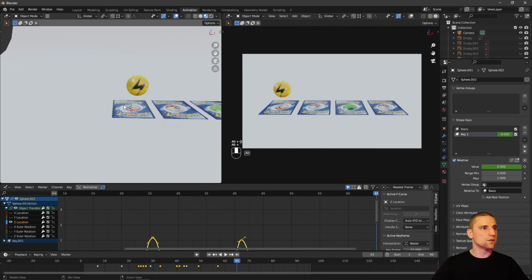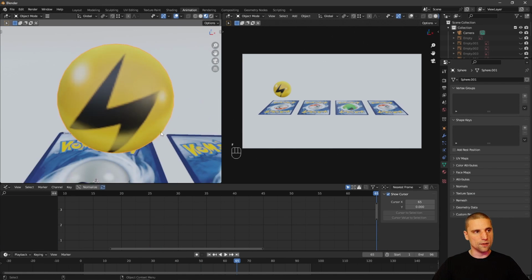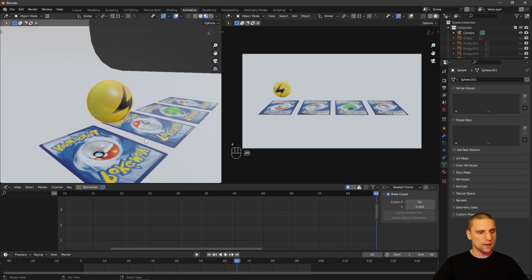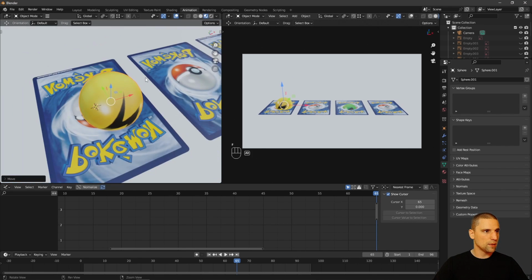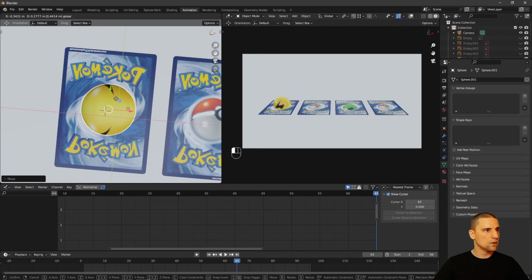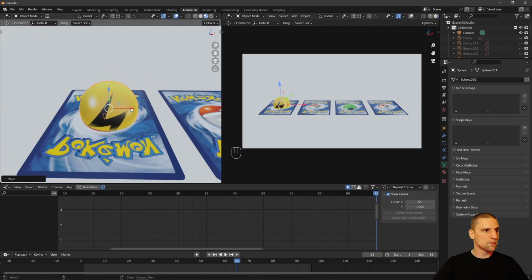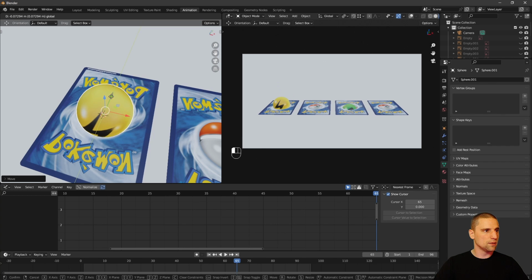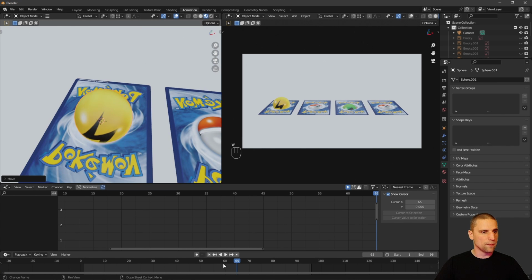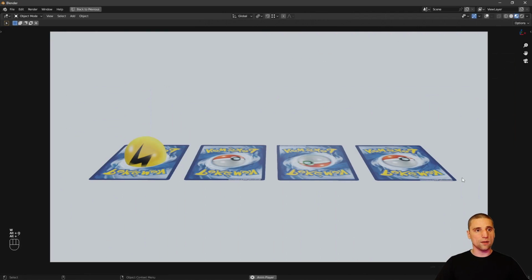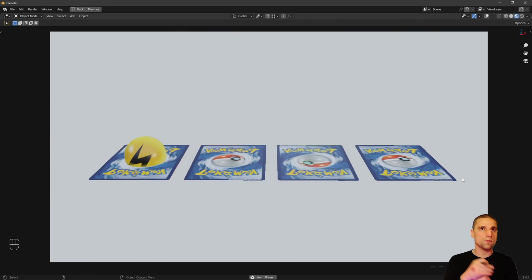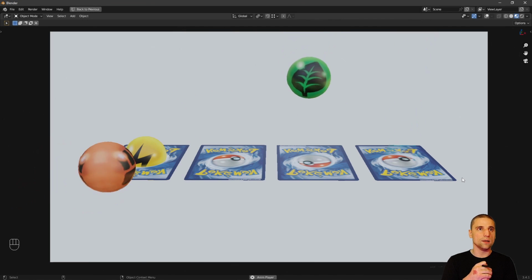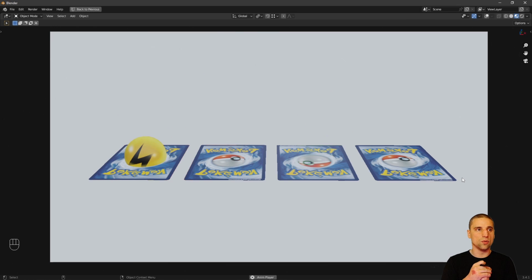Perfect. So here we go, select the lightning bolt. Let's, just like all the other ones, let's figure out that last framing where it needs to get into. And there it is. Perfect. Okay. And I'm already kind of liking the timing of everything. I think the leaf should be the first one to come out. Or maybe even the lightning bolt. Maybe,